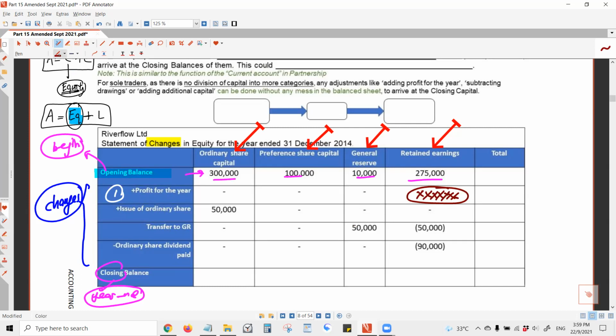Issue of ordinary shares, which means you sell off more shares to raise funds. The figure you write it here. Easy. It's going to increase your ordinary share capital. Next one,